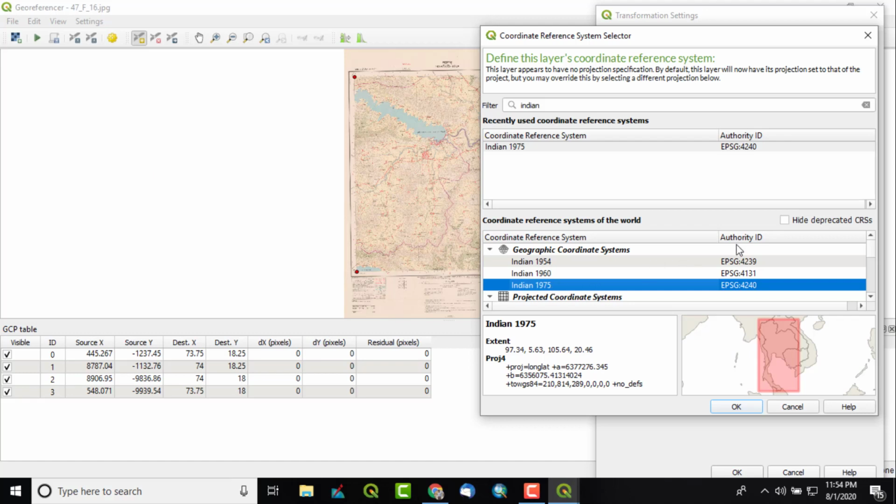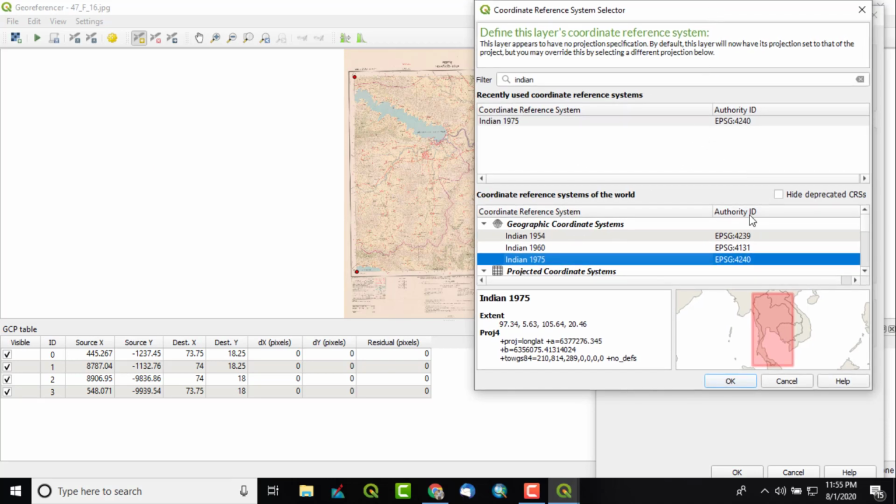Now keep in mind that when we give a coordinate system to a map that has latitude and longitude degrees, and it is a raster map, we always have to assign a geographic coordinate system.